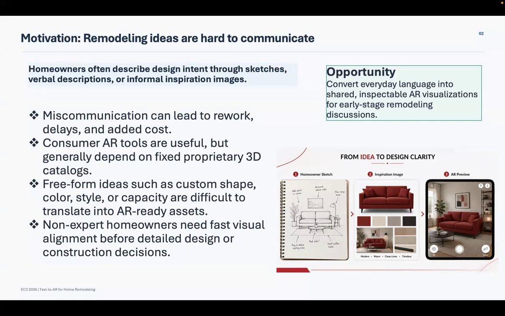Existing consumer AR applications have demonstrated the value of placing furniture. They are technically strong and place design objects inside a real room, visually strong as well. However, most of these applications depend on proprietary catalogs containing predefined three-dimensional models. This means the end user can normally select only from the objects that have already been modeled, which is kind of limiting their